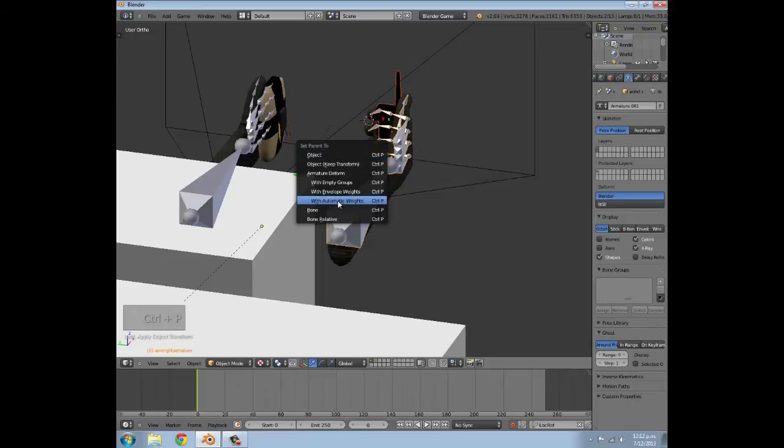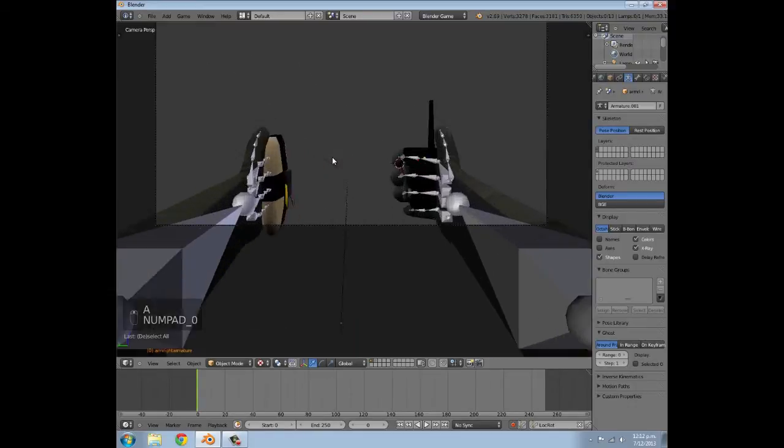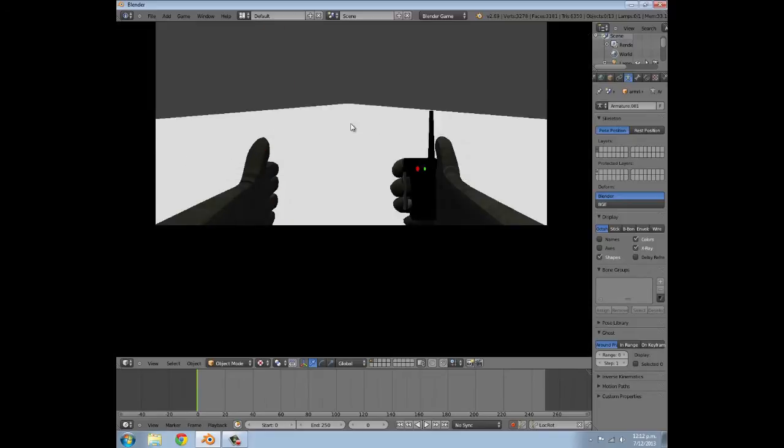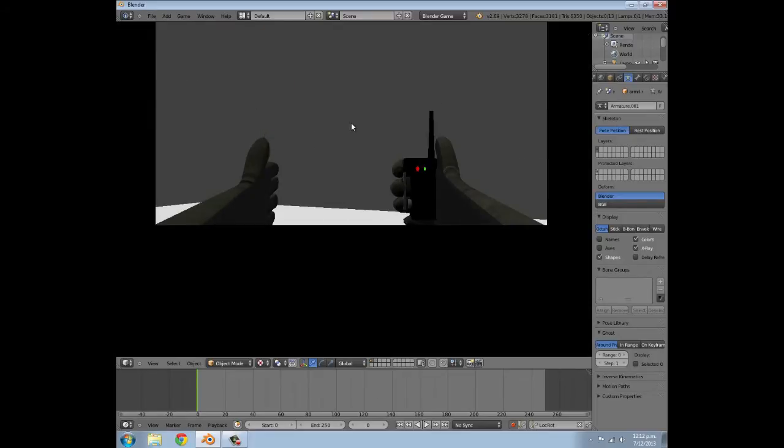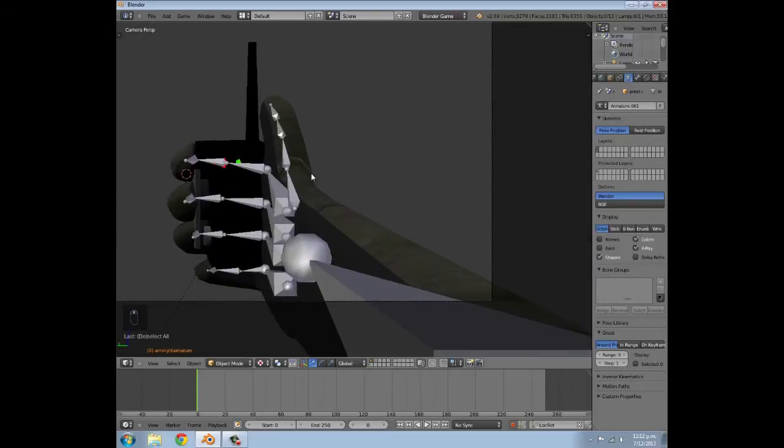Control P, don't select this one, just object is fine. And so now if we press P, we have our sort of nice grip, clutching onto the detonator,